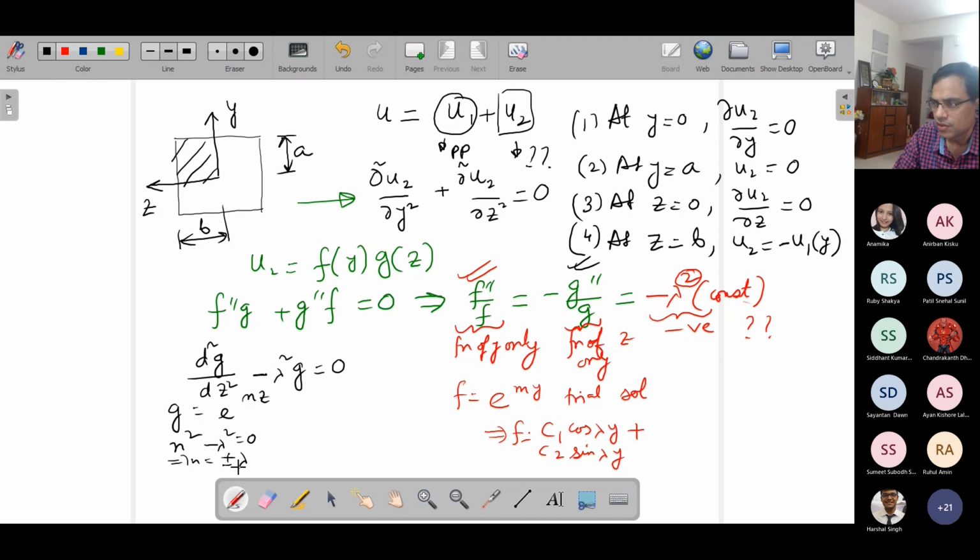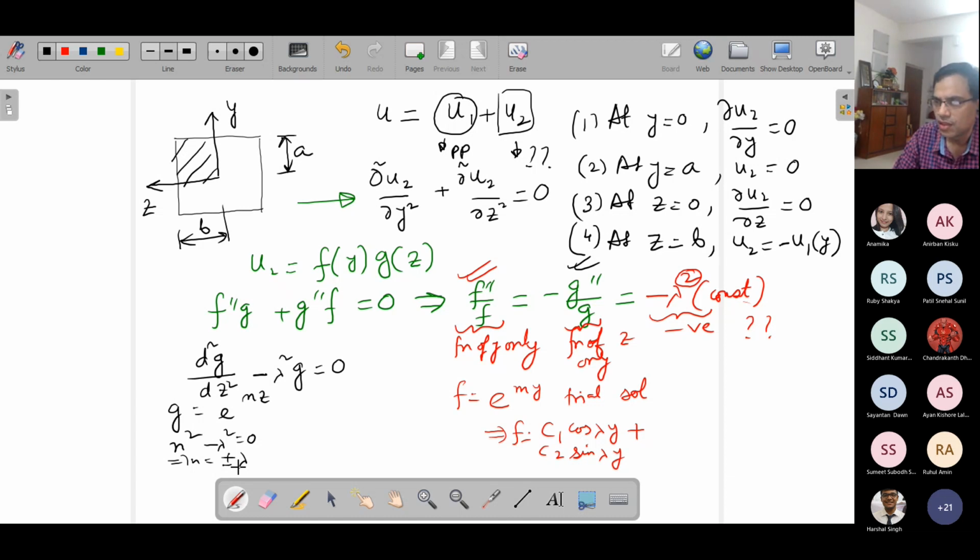Again, e to the power x and e to the power minus x, their combination can be written as cos hyperbolic and sine hyperbolic, because cos hx is e to the power x plus e to the power minus x divided by 2, and sine hx is e to the power x minus e to the power minus x divided by 2. So in that way, what we can say is we could write this as c3 e to